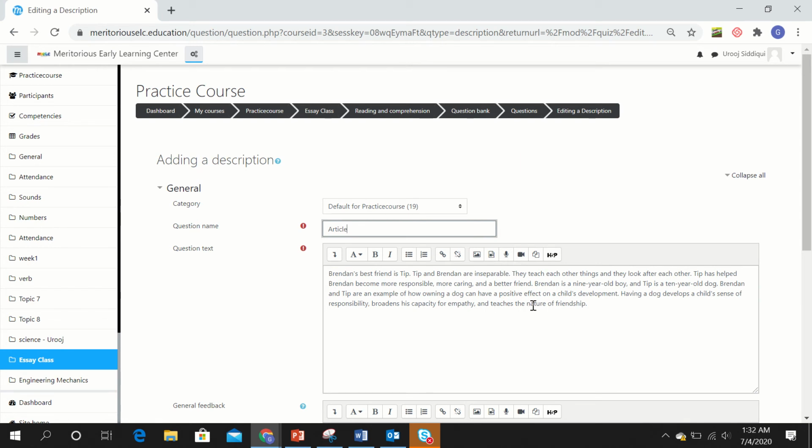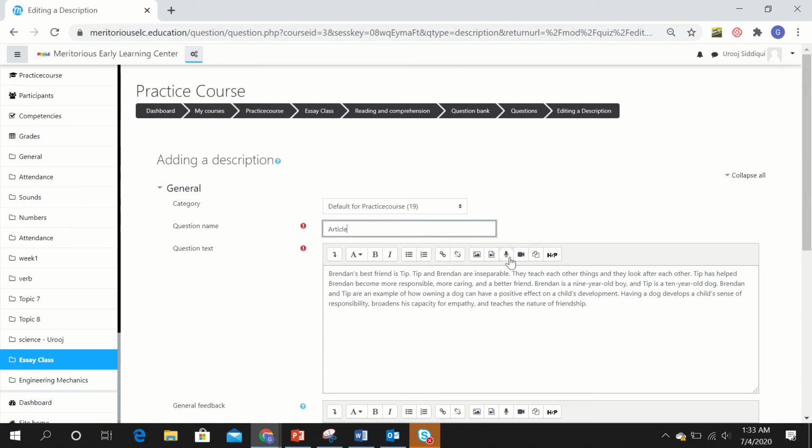As you can see, I have already copied and pasted the description text, but here multiple other options are available as well. The option of inserting an image, you can upload any image, and if you want the student to answer the questions from that particular image, you can just upload it and ask them to answer the question from that. Beside this, there is also an option of uploading a video file or an audio file from which the student can view it or hear it, and then they can answer the questions.